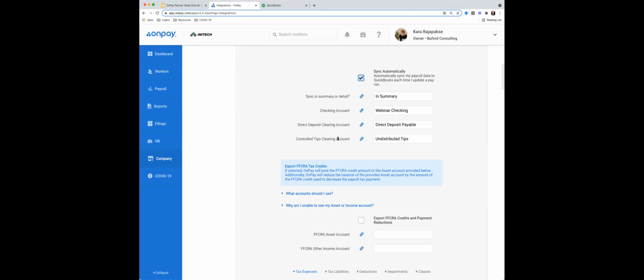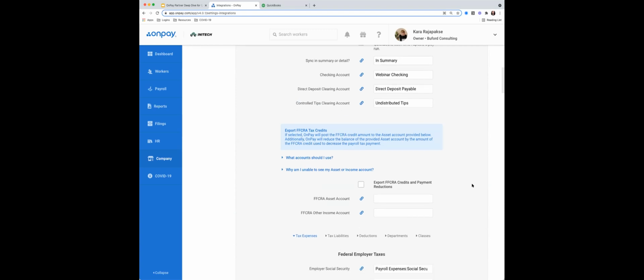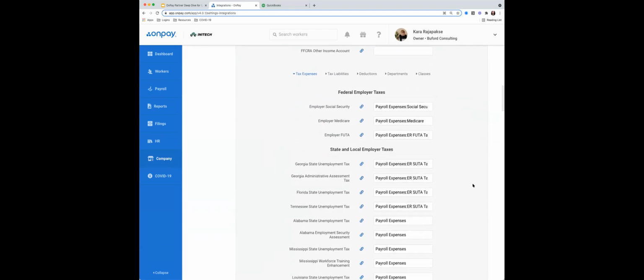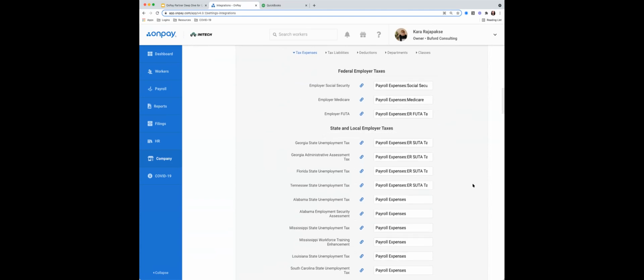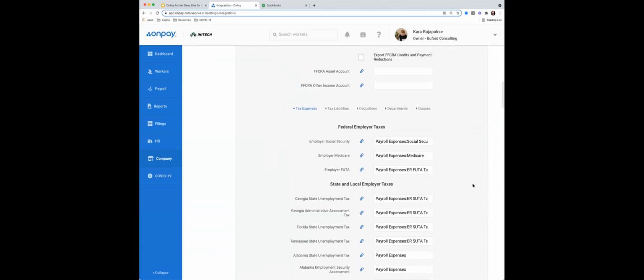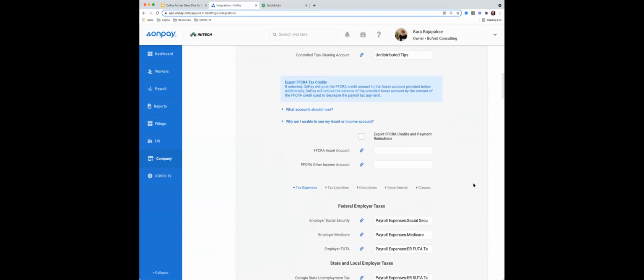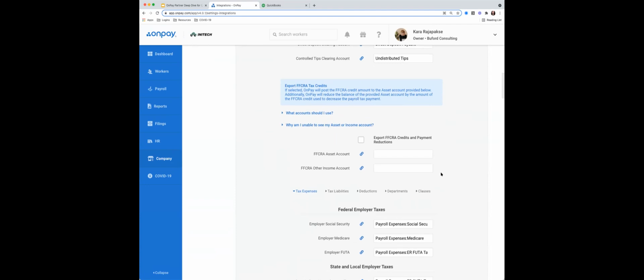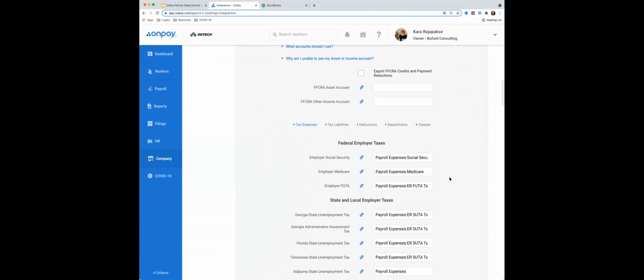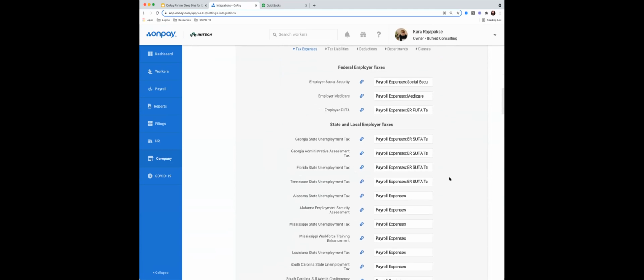The next item is a tips item. I'm going to skip over it. If you have clients with credit card tips, we have multiple ways that we can handle that. We have some articles in our help center for that. If you have questions, happy to answer that. But most clients don't deal with a lot of tips, so I'll skip that section. And the other section Kara is skipping for me is some stuff related to COVID-19 tax credits. So questions on that, I'm happy to answer, but a lot of clients might not have questions on it.